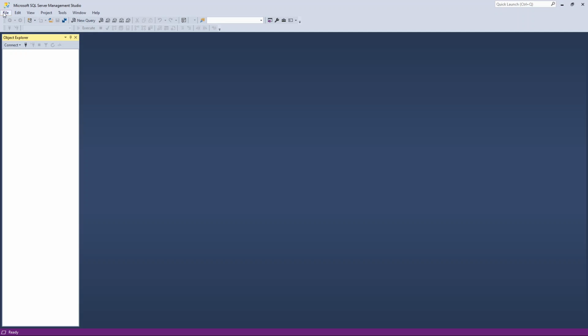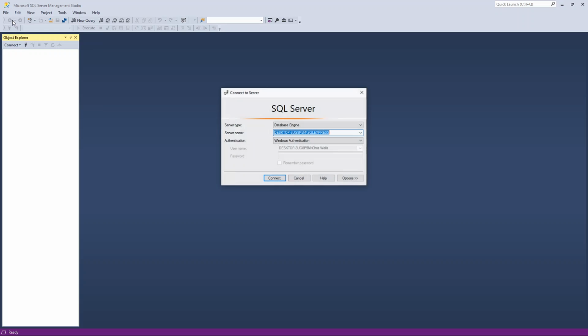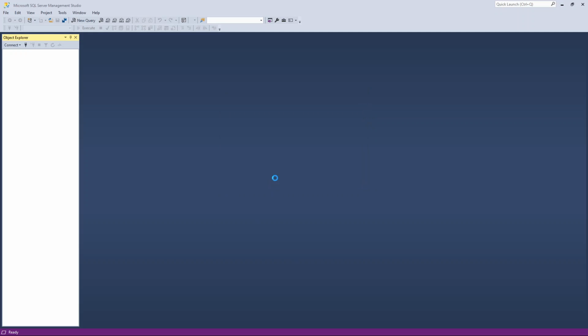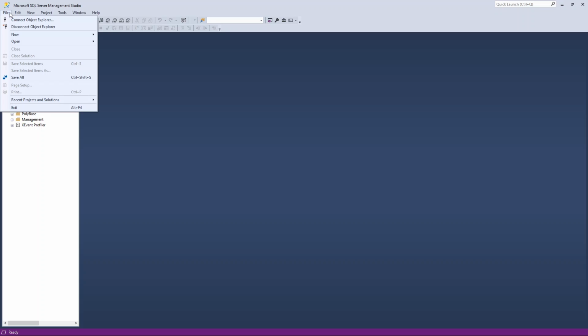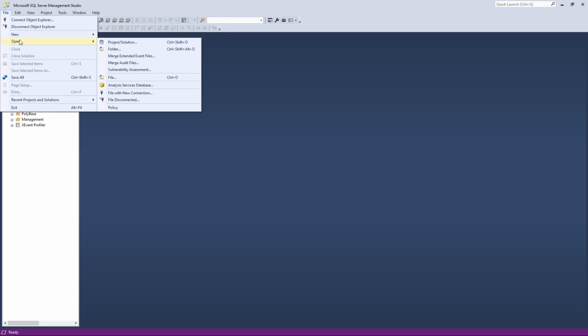If I want to connect, it'll come up with this Object Explorer. I'm happy to connect. Then you'll see if I go to databases and system databases, I've got nothing over here. So in order to run the script, I'm going to go to open, and I'm going to say project or